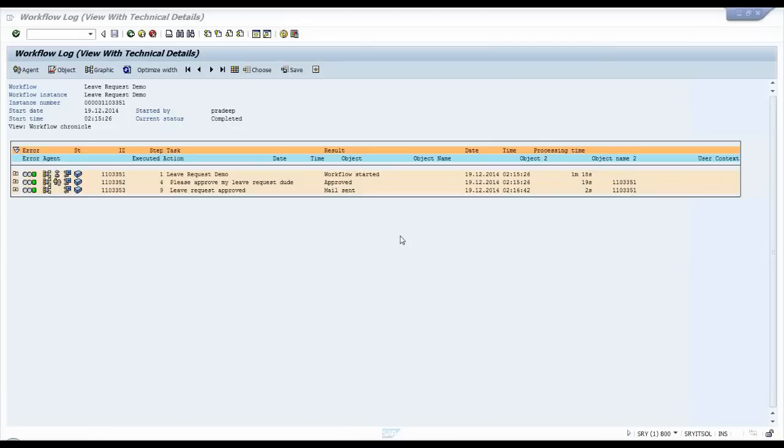We can associate a business object with a workflow to perform different tasks. Just some time back, I took an example: whenever a purchase order is created, we need to create a purchase requisition. How will that be possible? You have a business object called purchase order. Whenever a purchase order gets created, it triggers an event. That event says, I am created. We will subscribe our workflow to that event. So whenever the